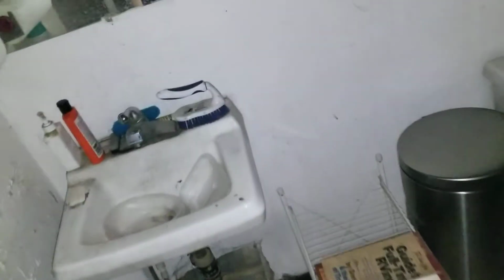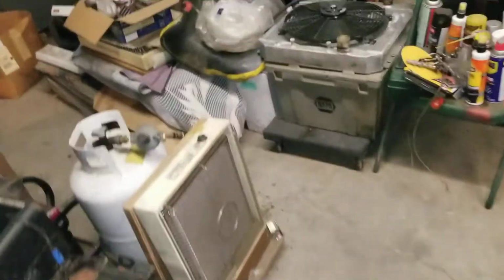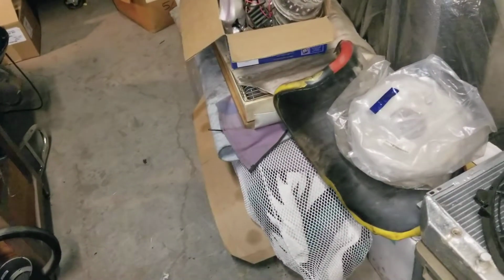Luckily, I've got a whole lot of spare parts for my most important vehicle at the moment. I got spare wheels, tires, doors, parts, pieces. I got hot water here because I put a hot water heater under the sink a long time ago. And just recently, I actually got another fifth wheel travel trailer. So I decided instead of it sitting in storage and wasting space, I would park it next to the shop, because if there's a lockdown where they start barricading roads and shutting down neighborhoods, which very well could happen,